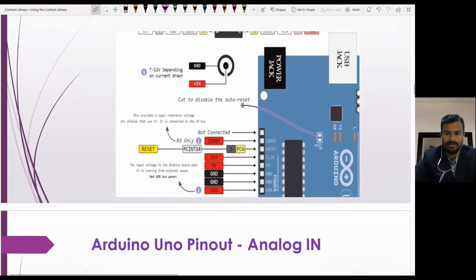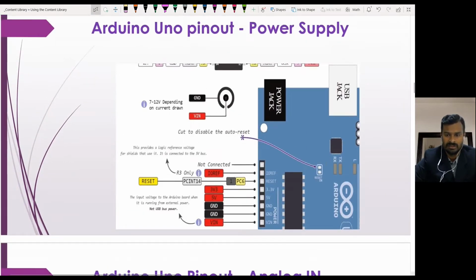We have the pins here. Let us see what we have: 3.3 volt, 5 volt, ground pins, the VIN pin, and the reference pin. If we want to take 5 volt for our external sensors or LEDs, we can take it from here. 3.3 volt we can also take from here.